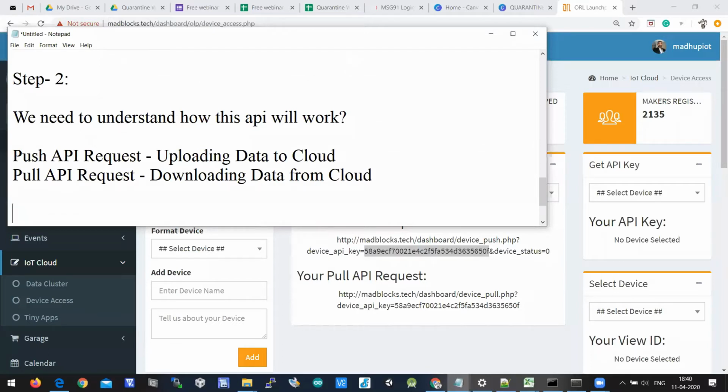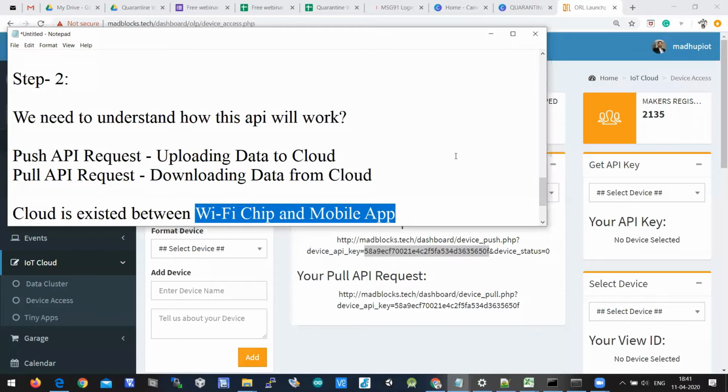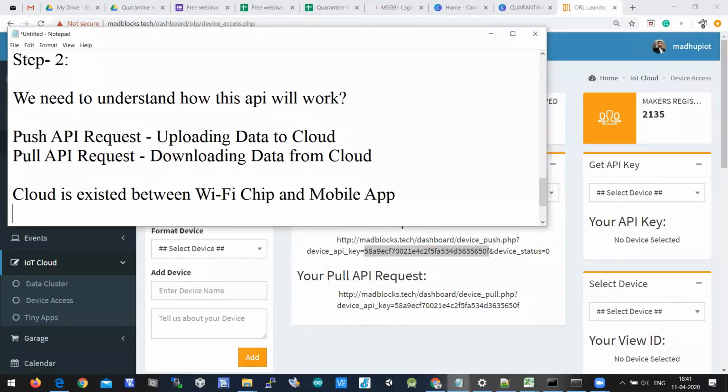So when you talk about flow, the cloud exists between the Wi-Fi chip and the mobile application. When you look at the flow, the mobile app is pushing data to the cloud. The cloud is sending data to the Wi-Fi chip.